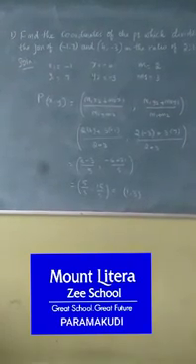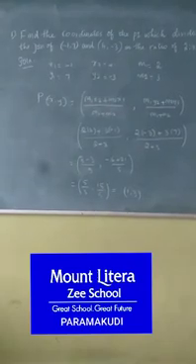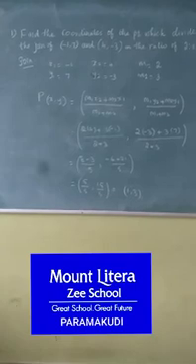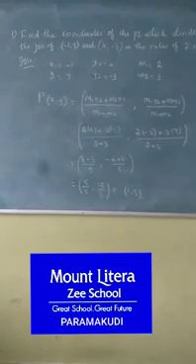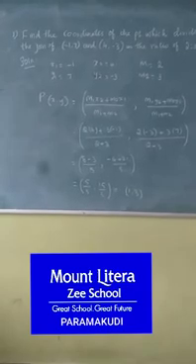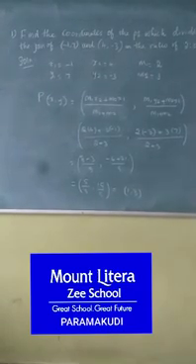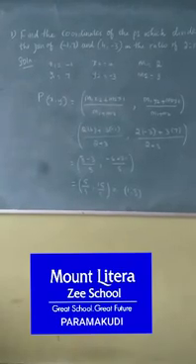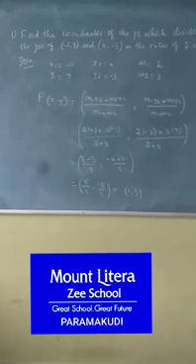They are asking for coordinates. It means a point. So I write P(x, y) is equal to, write the formula: (m1 x2 + m2 x1) divided by (m1 + m2), comma, (m1 y2 + m2 y1) divided by (m1 + m2). So just substitute all the values in this formula. m1 value is 2, x2 is 4, and m2 is 3, x1 is -1. Likewise m1 is 2, y2 is -3 and m2 is 3, y1 is 7.